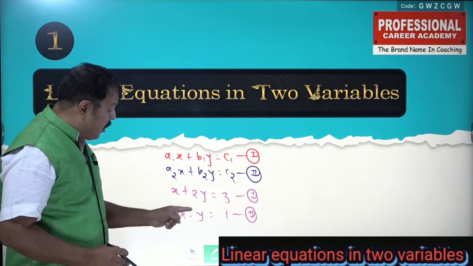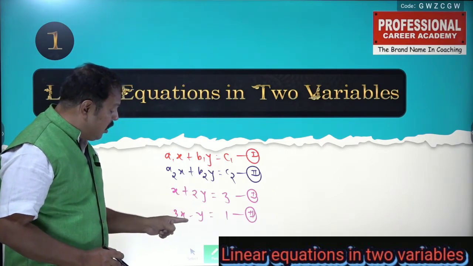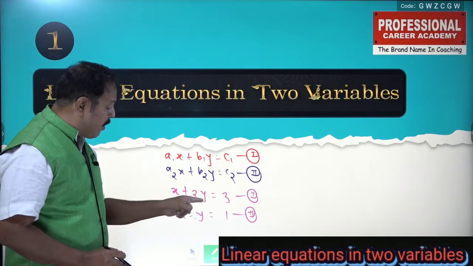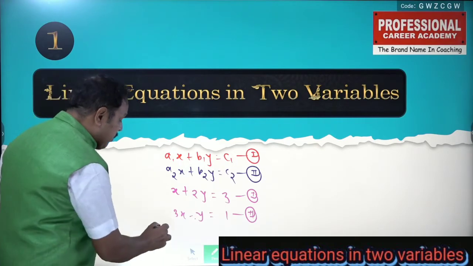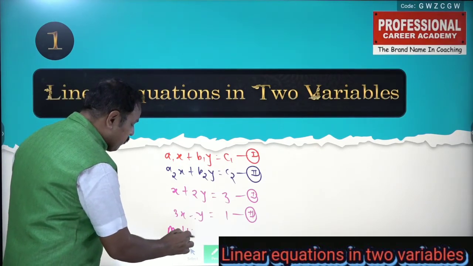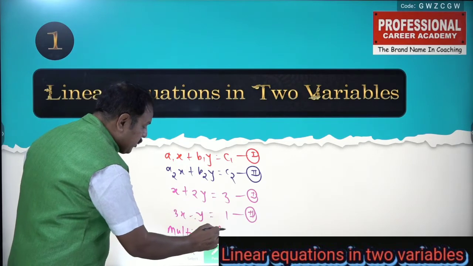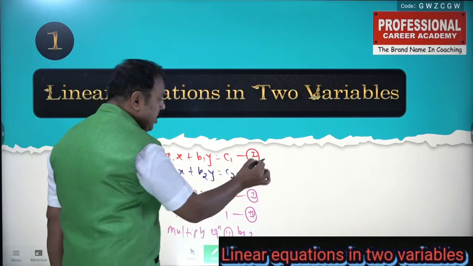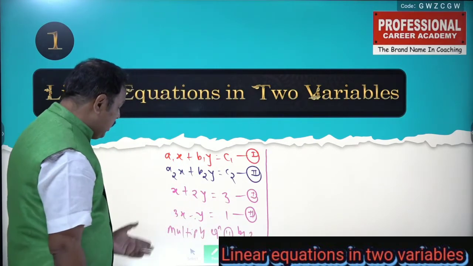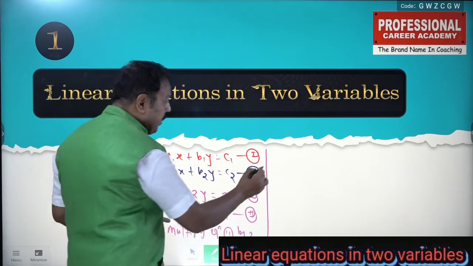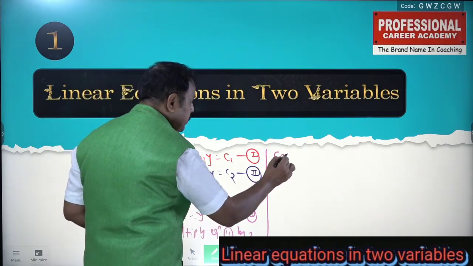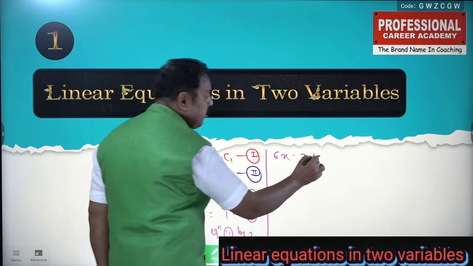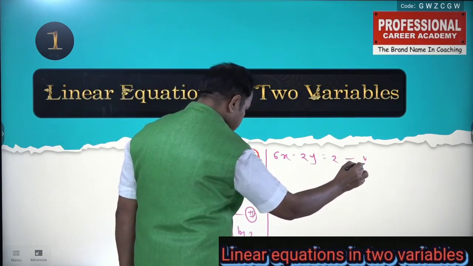Another possibility, in order to equate the coefficient of y, if we multiply equation 2 by 2, then it will become minus 2y. Directly on addition, 2y minus 2y gets cancelled. Let us say like that. Multiply equation number 2 by 2. If we multiply this, equation 2 becomes 3x into 2, that is 6x, minus 2 into y, that is 2y, is equal to 2. It will become equation number 3.